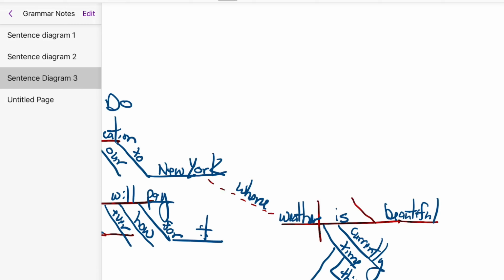All right, so typically that's where you'll see subordinating clauses being connected to using a dotted line. But in this case, because it's connecting to New York, which is a noun, then we know that this is going to be a relative clause. Even though it has a relative pronoun, where, we're still treating this as a relative clause because it's modifying the noun.